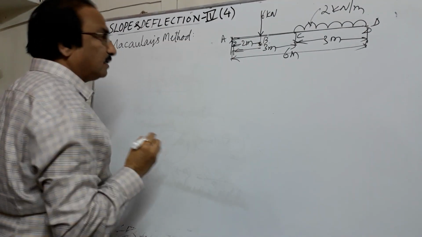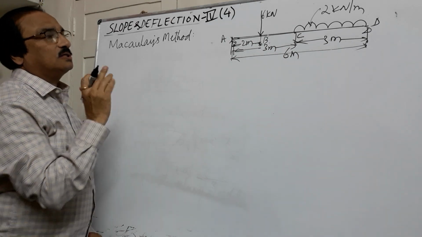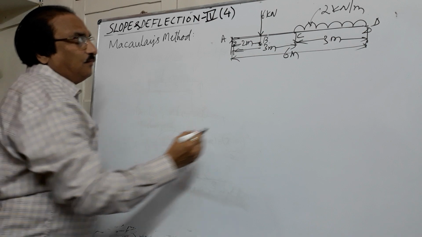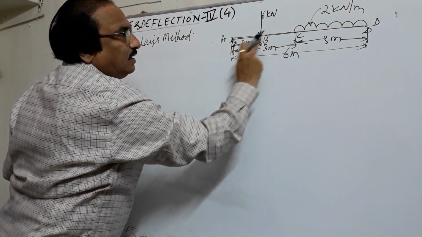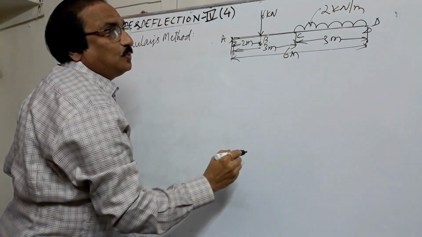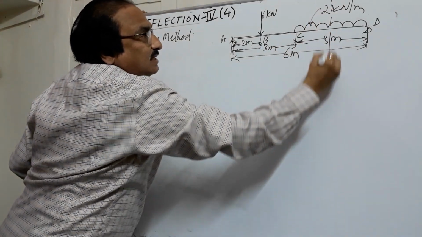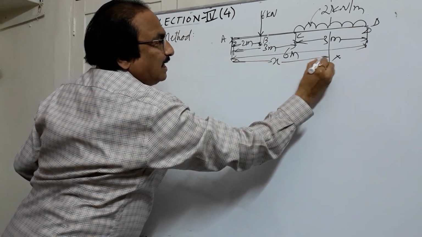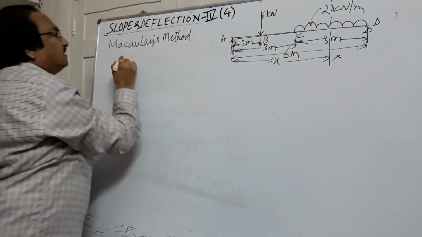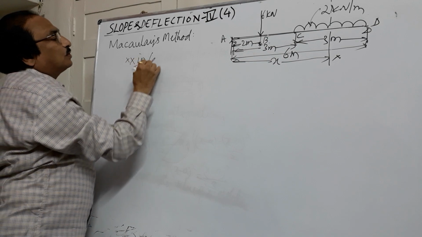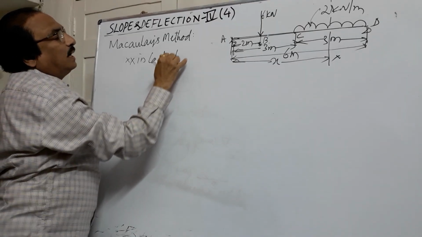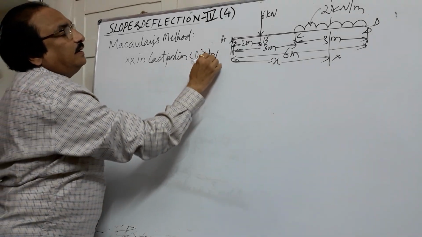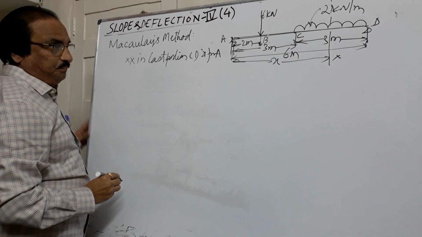So A and D are the supports. Whenever you come across a simply supported beam, you will have to find out the reactions. So here we are taking AB, BC, CD. CD is the last portion, and the section we are taking is in the last portion at a distance x. This is a rule you have to follow. Considering section XX in the last portion CD at a distance x from A. We are taking x from A.